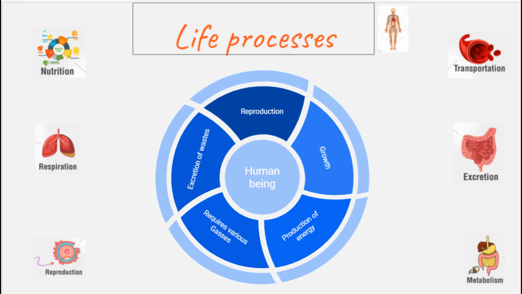The production of energy requires lots of gases which are actually respired, and after the digestion few elements or few chemicals are to be removed from the body. So all this comes under the various aspects of life processes. So I can show you with some charts again. Nutrition, in case of plants, in case of animals it is a little bit different, but it is necessary for all living organisms.